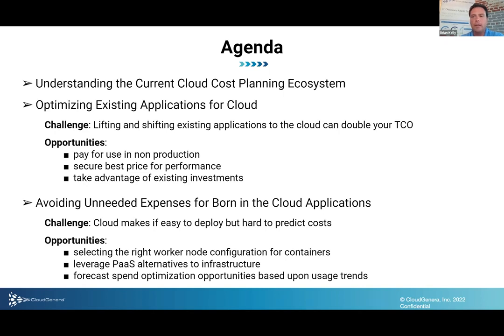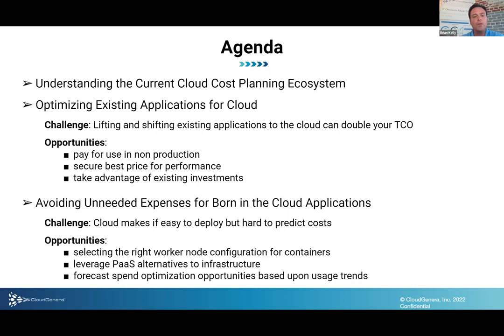in the cloud. The challenge in this arena is cloud makes it very easy to deploy, but it's very hard to predict and to govern costs. So in this part of the webinar, we're going to focus on opportunities that allow businesses to select the right worker node configuration for containers. This is a highly specific use case, but one that we see as being very prevalent in the market these